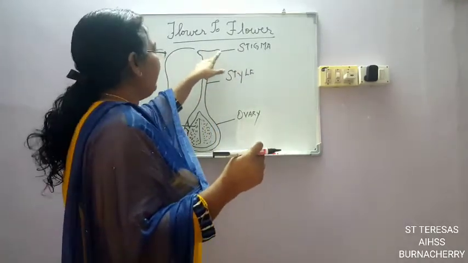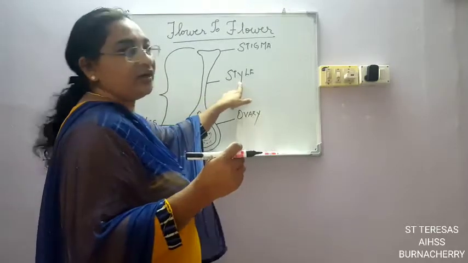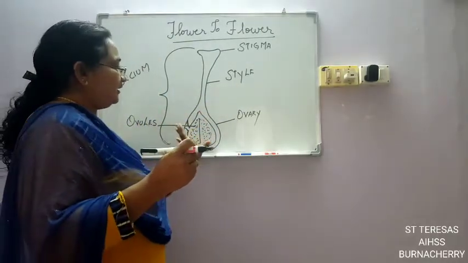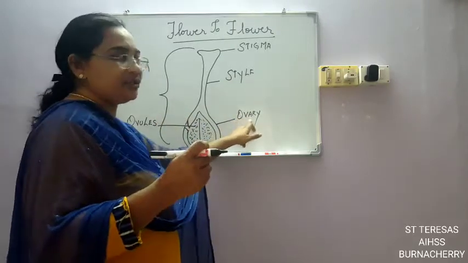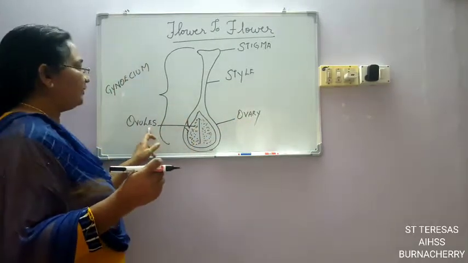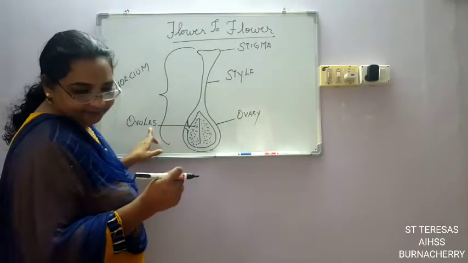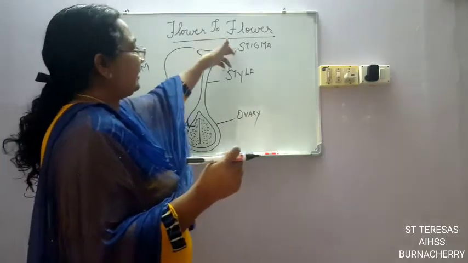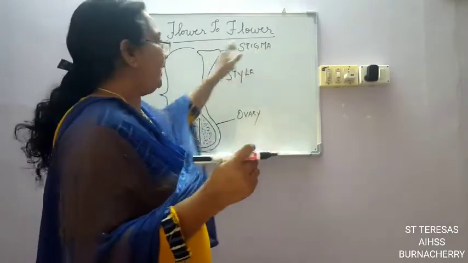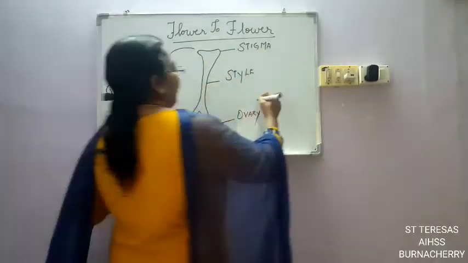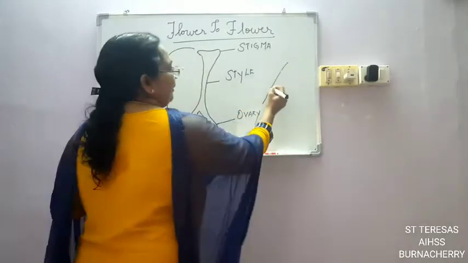Then there is a tube-like thing that is called the style. Then down you can see a round sac-like thing that is called the ovary. Inside the ovary you can see the ovules. Is it very clear? So Gynoecium is made up of stigma, style, ovary and ovules, and the Androecium is made up of